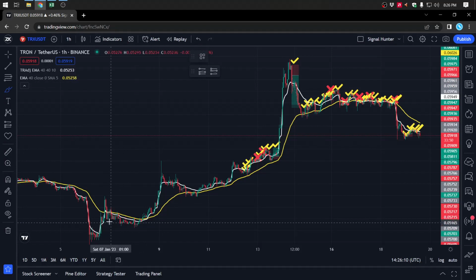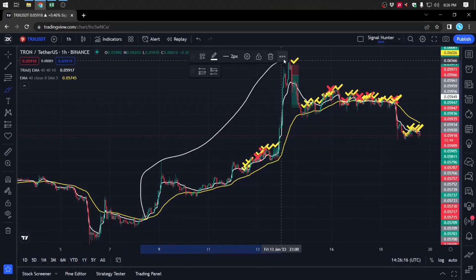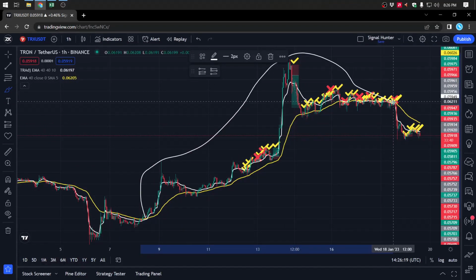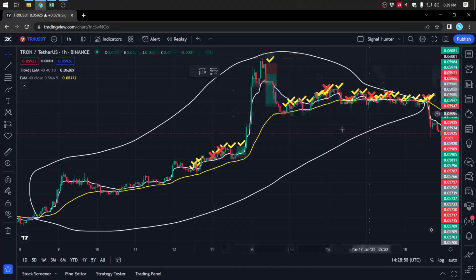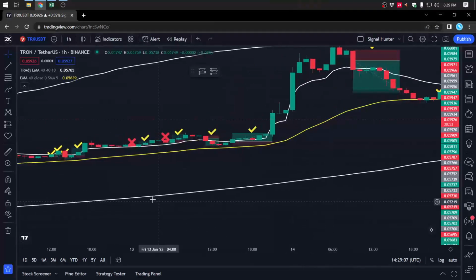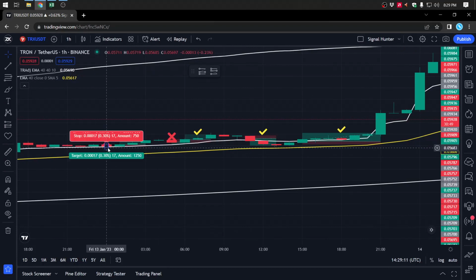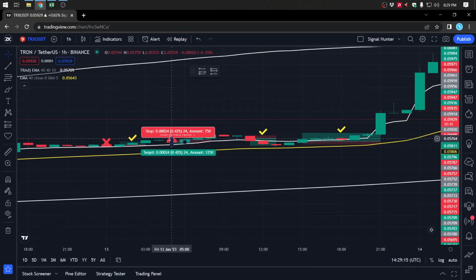So you can see in here is a buy signal, and another sell signal in the 1 hour time frame, and during this period we just take the buy signals and avoid all the sell signals. So let's see how many wrong signals we can avoid. You can see it was a sell signal, so 1, it was also a sell signal, 2,